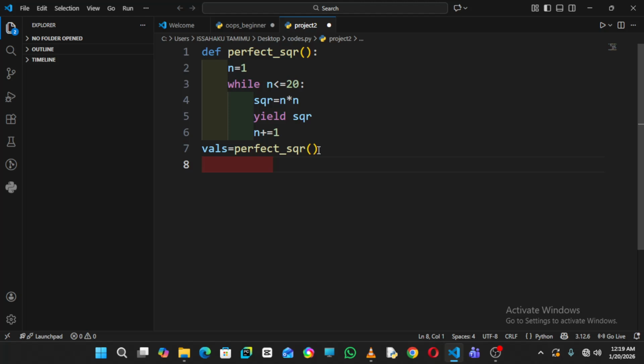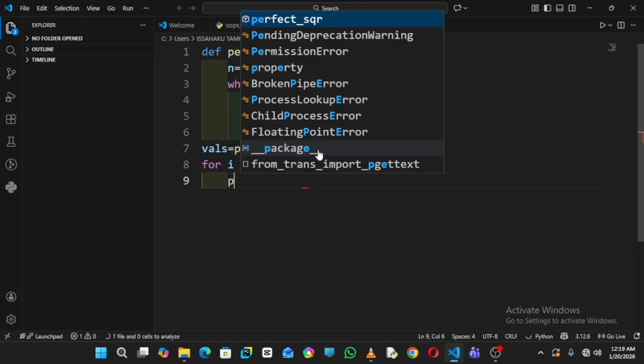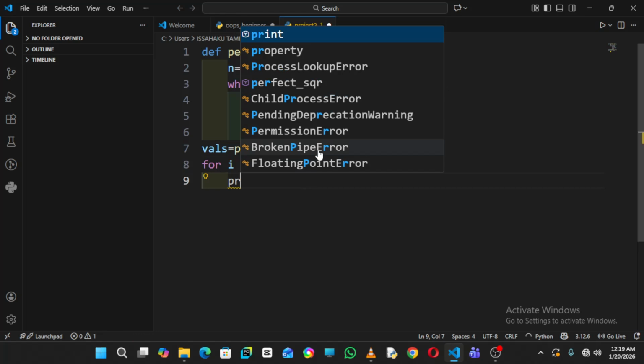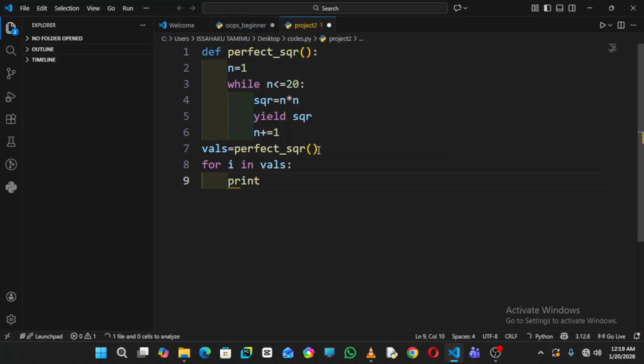We have to bring a print option. In the print option, the values are supposed to be in vals. So we say for i in vals, and we bring our colon. We continue by saying print i.